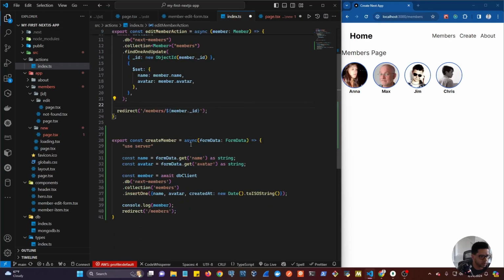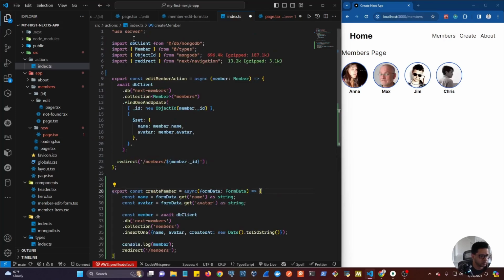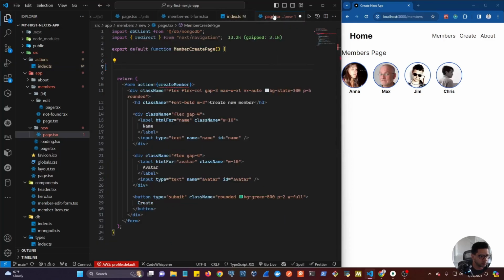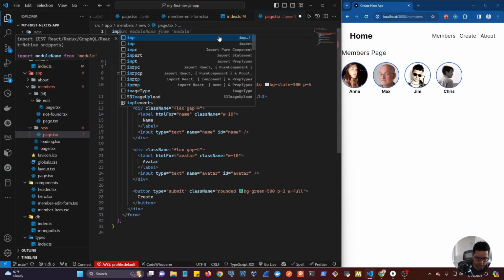So we got the create here. We can remove the use server from here because we have it at the top of the file all the way up here. And now we can save this file. We can go back to the create. And then we need to import. Now we don't need these two at the top because we're doing that inside of the index. So we can delete these two imports and then import